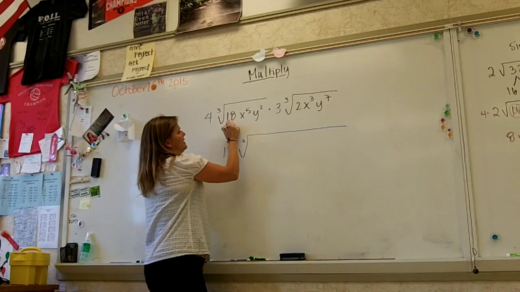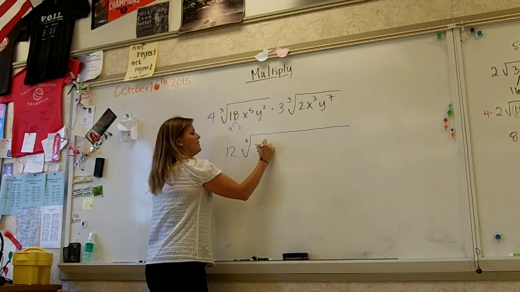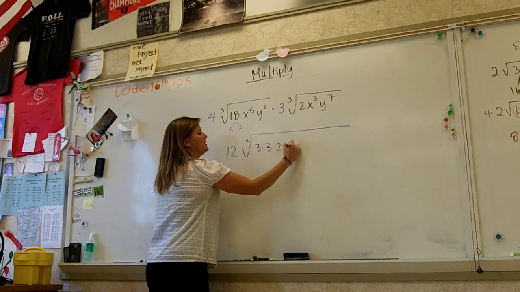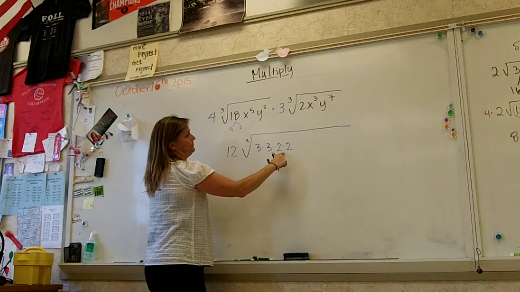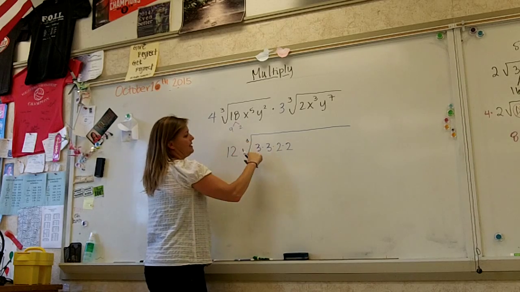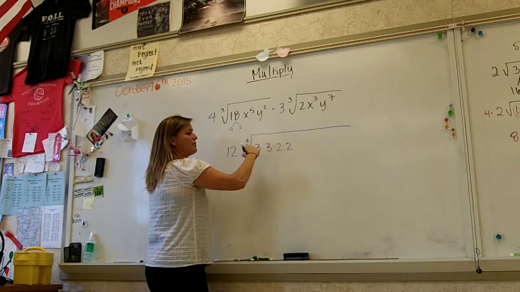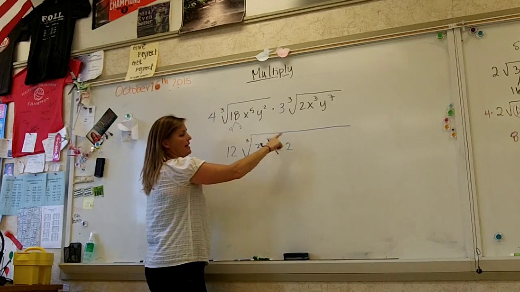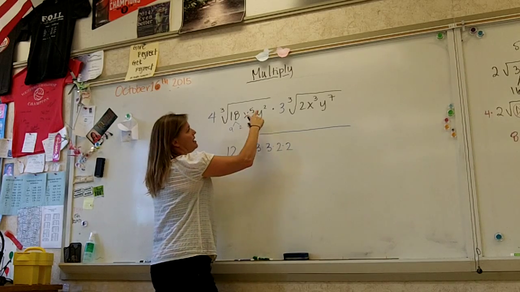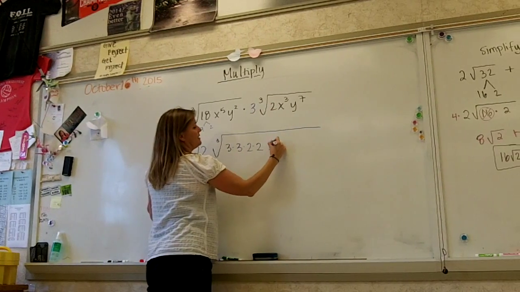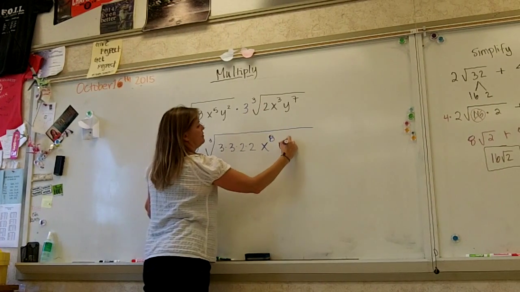So 18 is 9 times 2. So I have 3 times 3 times 2 times 2. 18 is 3, 3, and 2, and this 2 is 2. So I don't have any groups of 3 here, so the numbers are all going to have to stay on the inside. And then I'm going to add the exponents on the x to the 8th, and y to the